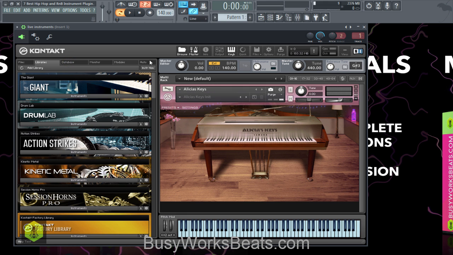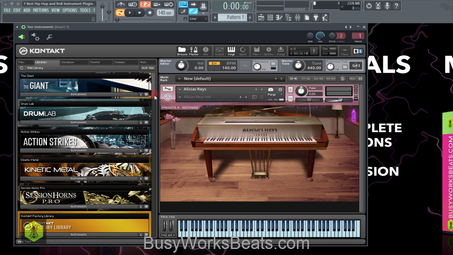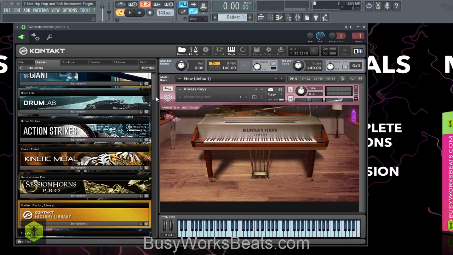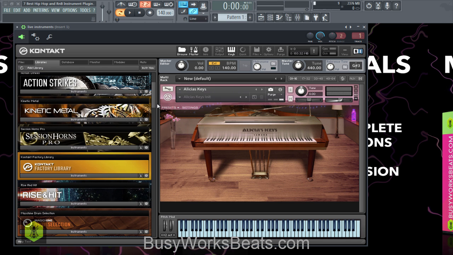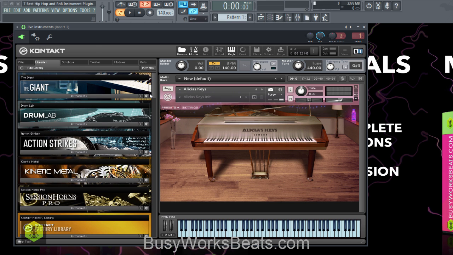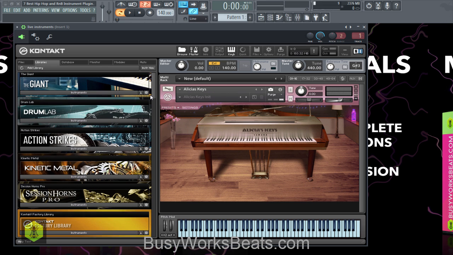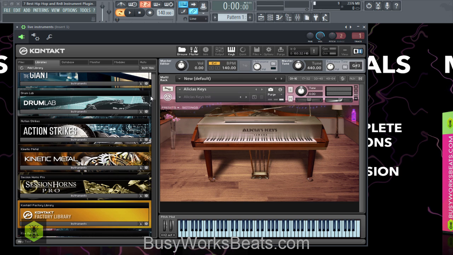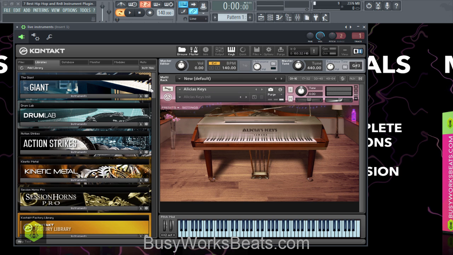The first instrument is Kontakt 5, made by Native Instruments at native-instruments.com. I got the Complete 10 Ultimate bundle, which has a lot more than just Kontakt. It has plugins, it has effects, and everything else. So this is why you see so many libraries in my Kontakt. But this is where you're going to get live sounds, also known as organic sound. This is called a sampler, Kontakt 5. And in samplers, basically you sample real instruments and you're able to play them on your own controller.